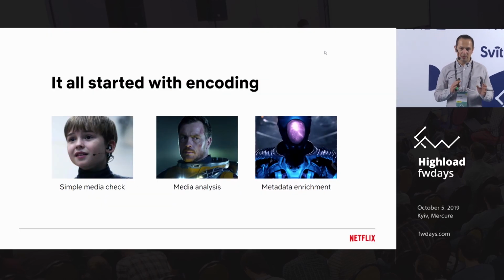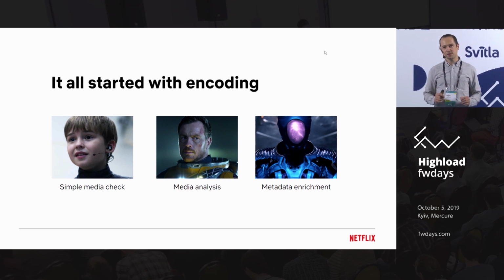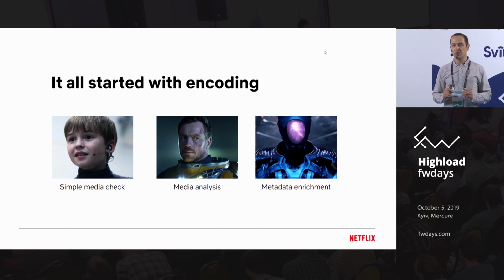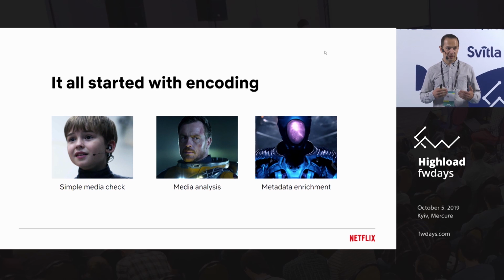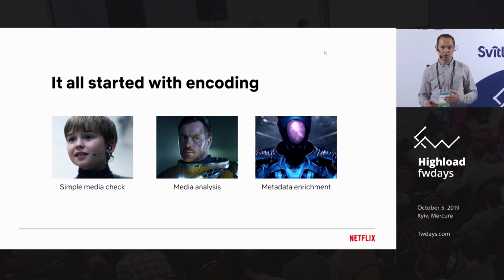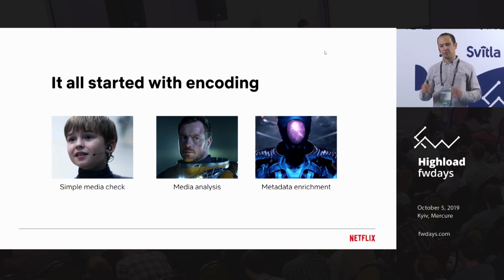So we started with something that was just really basic. Imagine a movie being uploaded to Netflix, and the first thing you need to know is whether it is a movie at all. Is that zip file containing subtitles and maybe a video file, maybe audio? And from there, we went to a little bit more complicated checks, like, is the movie playable? Are the subtitles the right subtitles? Are they in the right language? And finally, we went to some more important things, like, are there dead pixels in the picture?